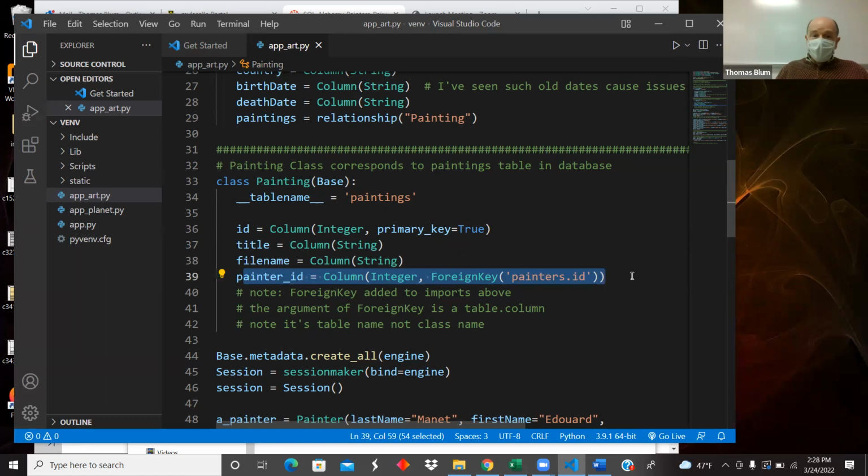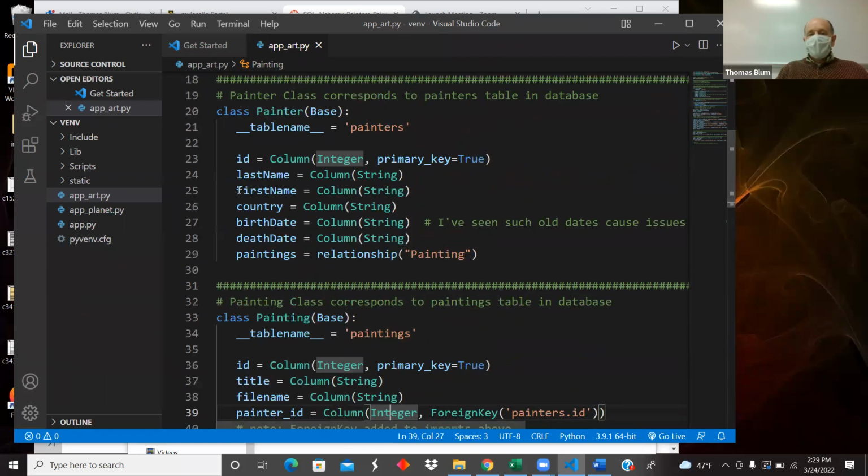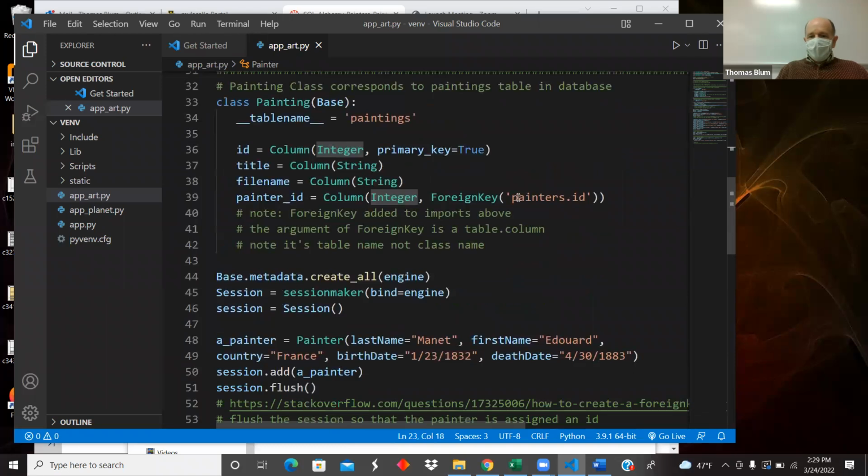This is an actual field in the painting table. It is a field, so that's why it says column here. That means it's a real field in the database. And it's going to be an integer because it's going to relate to the ID of the painter. So this is going to be